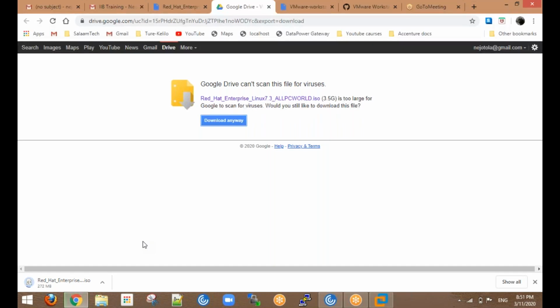Okay, so once you downloaded this ISO image, I hope you remember the procedure for setting up the operating system in VMware, which I showed you in the previous session. You remember that? I'm not really 100% sure, but